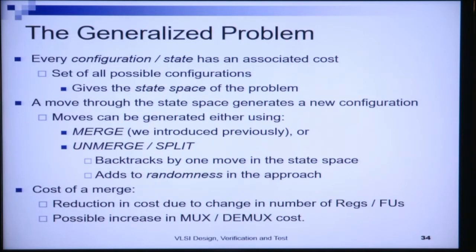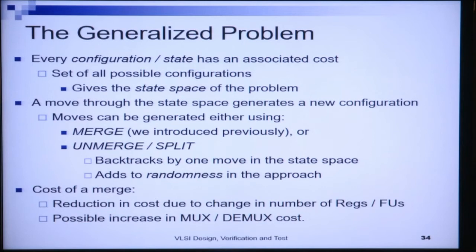Right? So in my problem now I introduce both a merge and a split, and I am saying that each configuration gives me an associated distinct cost. That means that for this configuration with this merging of the different operation nodes and the different register nodes, I will have an associated cost in terms of the functional units required to allocate them, the actual allocations that I have made on the operations, the actual hardware registers that I have used to implement the temporary variables, and the number of muxes and demuxes that I will require